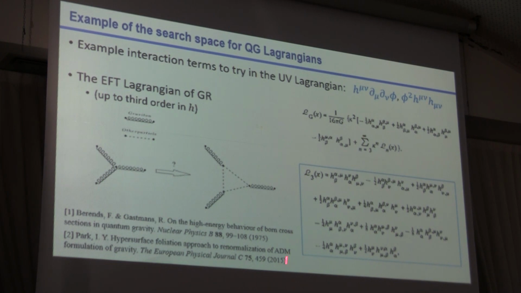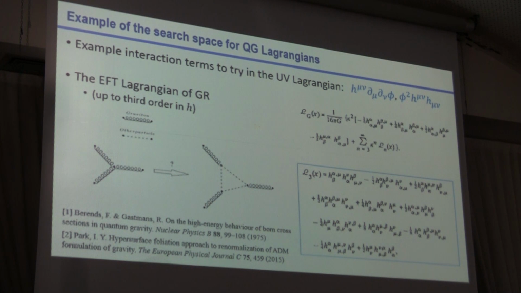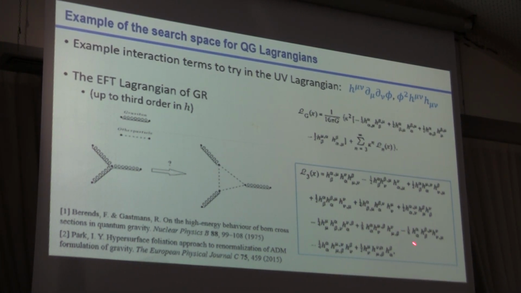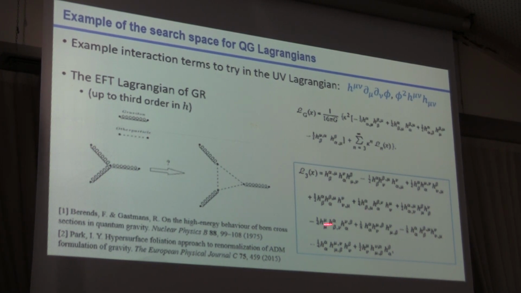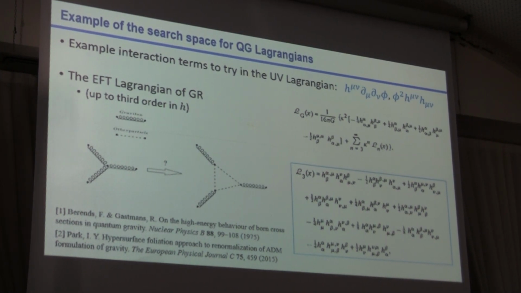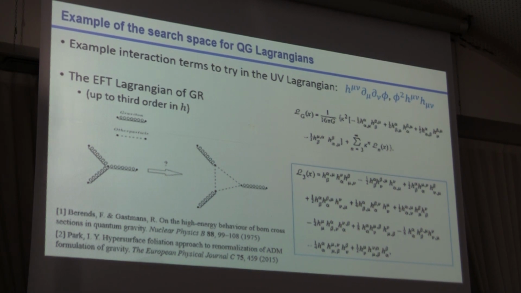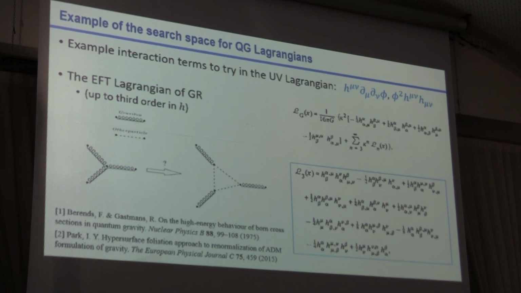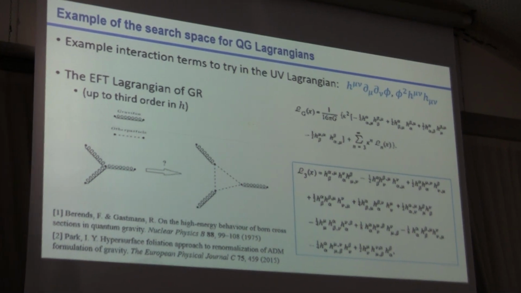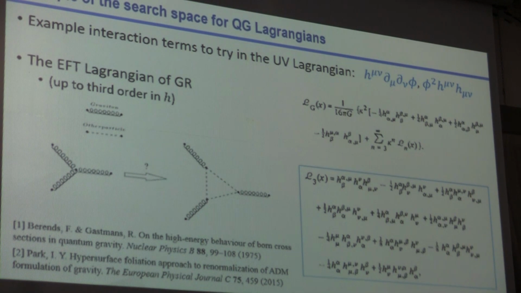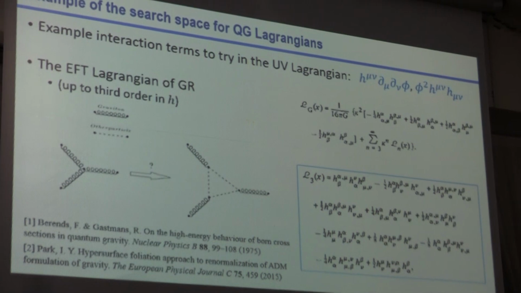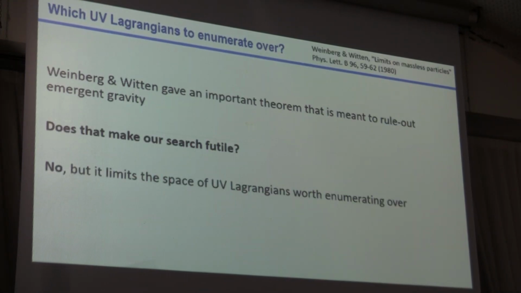And the next term, people worked on this many years ago, the next terms in this expansion will look something like this. And I think this is wonderful because it looks terrifying. And the fact that there are so many elements here means that if we just try something random, we're probably not going to get exactly that. Right? So if we try enough things and one will precisely match all the coefficients here, that will be a pretty powerful result. That will be convincing in some sense. I think it's quite powerful. And if we get nothing, that's also fair. We can actually kill this idea or validate it in a fair way.